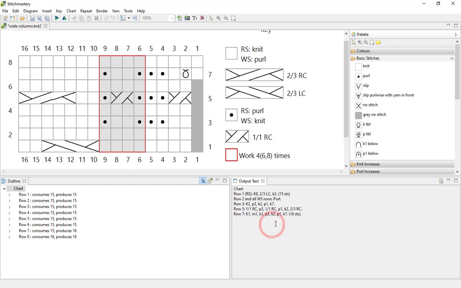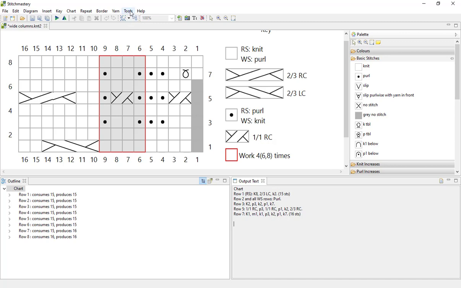So Stitch Mastery gives us the option to have no stitch count showing, the stitch count showing like this, so at the first row and then whenever there's a change in the overall stitch count, or at the end of every row. And to change that you want to come to the written style sheet.